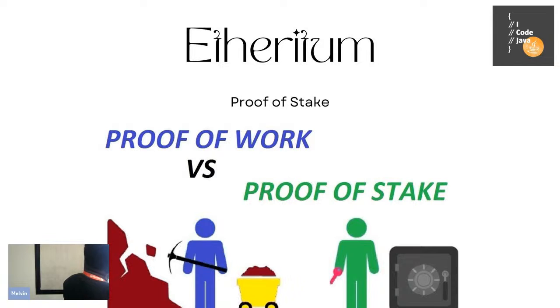Now, the difference between proof of work and proof of stake is that, as you can see, with proof of work you're busy digging, mining for certain tokens, and proof of stake, which is what Ethereum moved to in September last month, is when I have a stake in Ethereum, so I have a certain amount of Ethereum, and the probability of me mining a certain transaction on the network is based on how much stake I have. It's not as perfect as proof of work, but they're still improving it. Not that it's bad or anything, but it's good in the sense that it is good for the environment. You don't need to use that much energy.